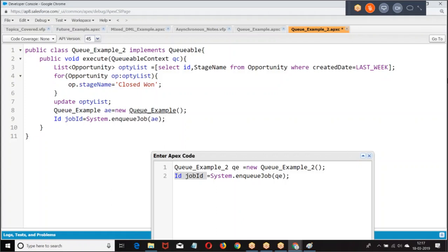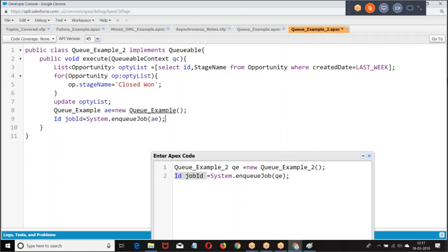So, future and queue, both of them are asynchronous. But a future cannot be called within a future.